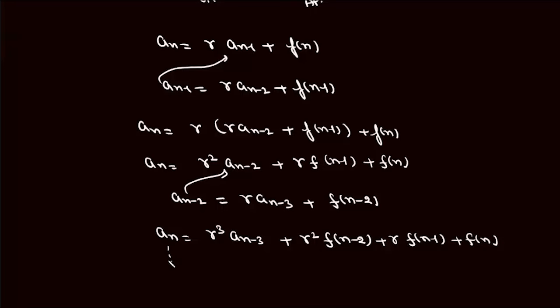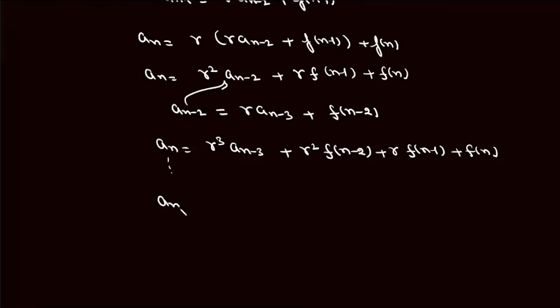And if we continue like this till a1, we can write this as an equals r to the power n minus 1 a1